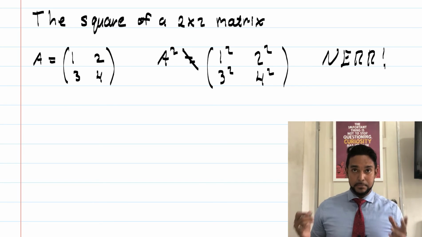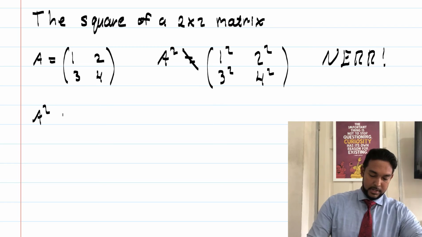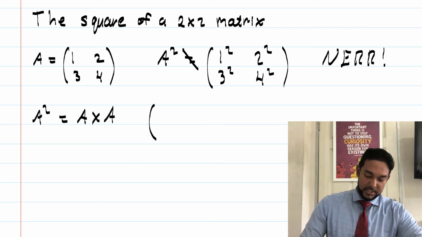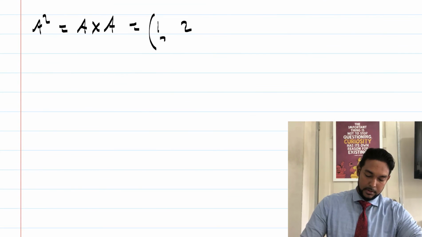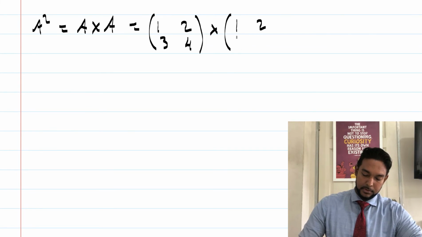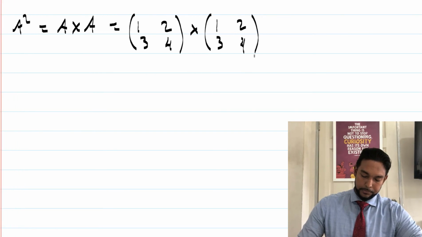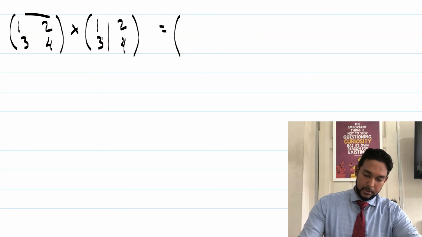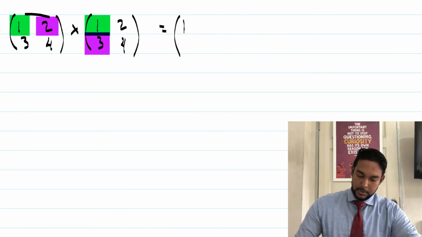When we square something in maths, we multiply it by itself. So if you want a matrix A squared, the matrix product A squared, you have to multiply A by A, which means you have to multiply 1, 2, 3, 4 by itself. 1, 2, 3, 4. All right, so I'll do this very quickly. First row, first column. 1 by 1 is 1. 2 by 3 is